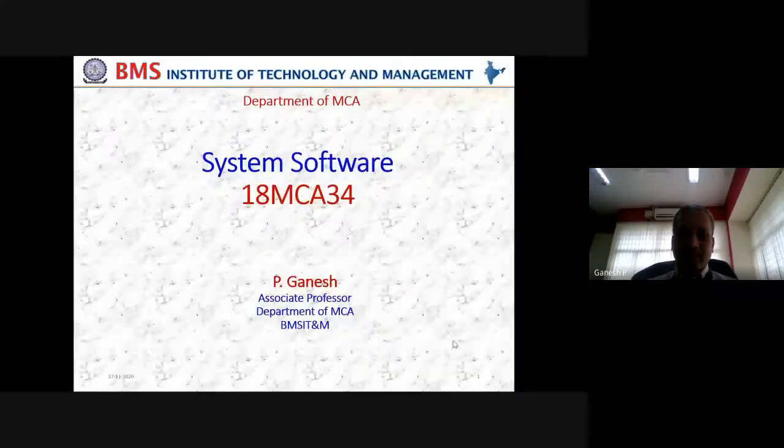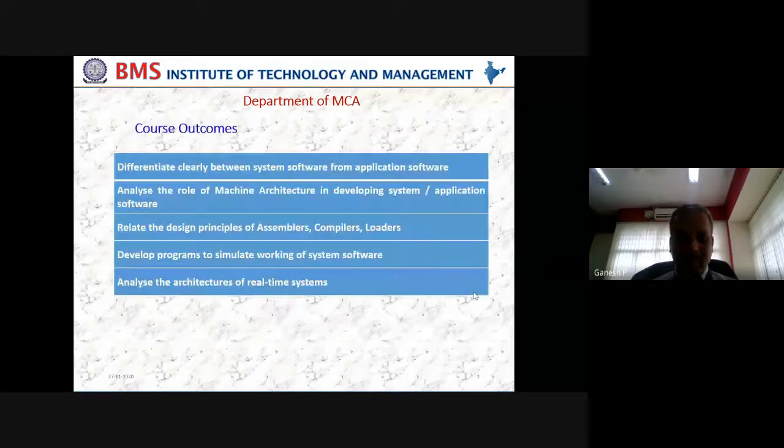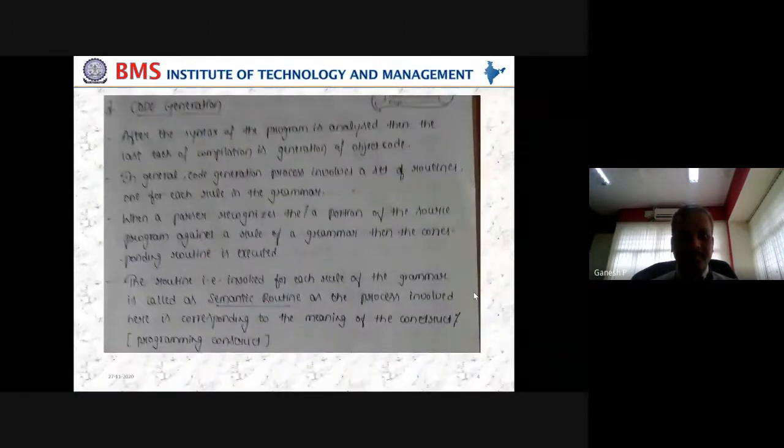But what we touch upon here is that the data we have in terms of syntax analysis entries will be used to generate various subroutines or routines, such that we can go ahead with the code generation depending upon the machine with which we are working. Hope the screen is visible now. Yes.